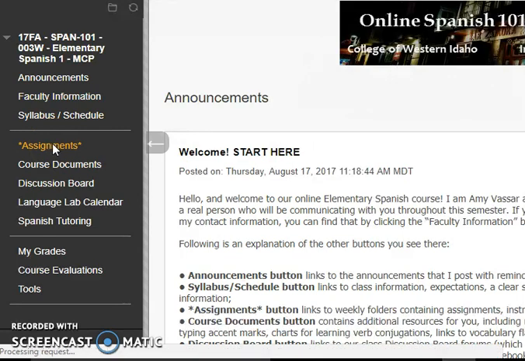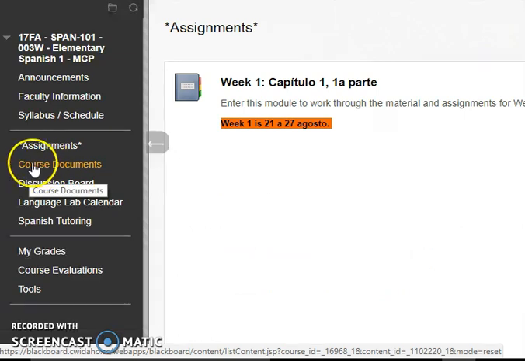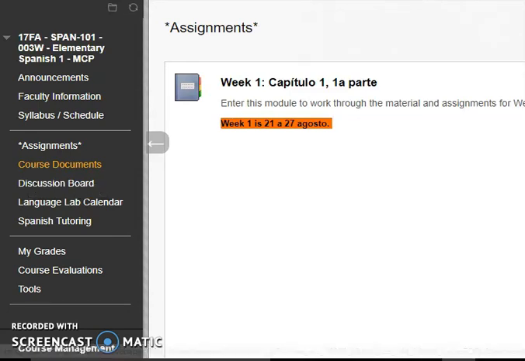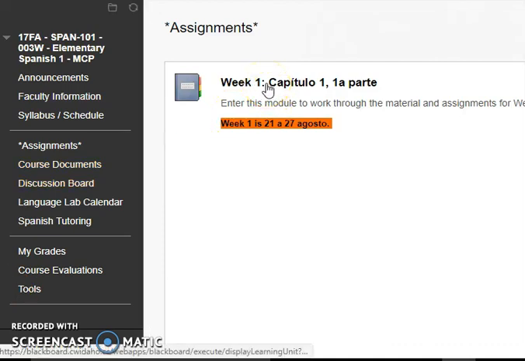And real quick, before I start talking much about what's in the assignments tab, I just want to make a note of this course documents button. What I have in course documents are things that are helpful not just for one particular week, but generally over the course of the semester. So I have the registration instructions for MySpanishLab. I have some information about verb conjugation, some resources for practicing verb conjugations, your vocabulary flashcards, instructions for typing accent marks and special characters in Spanish, a lot of different materials that you might find helpful. So when you have a minute, I would recommend just taking some time to look through that and see what's in there that's helpful to you.